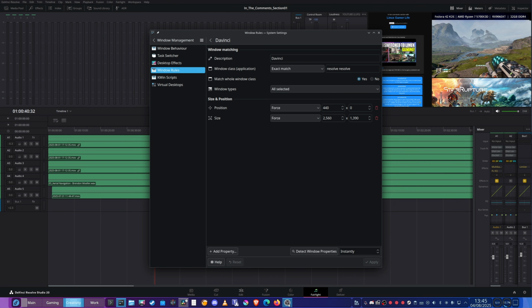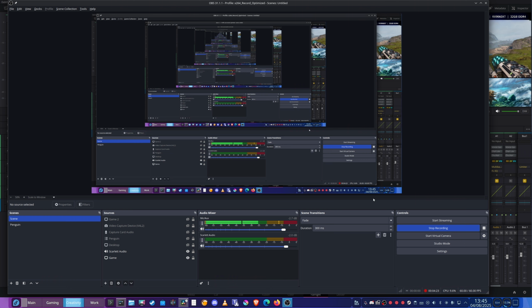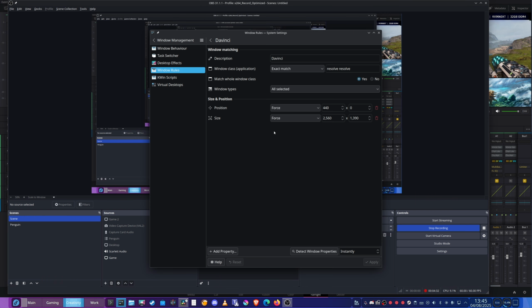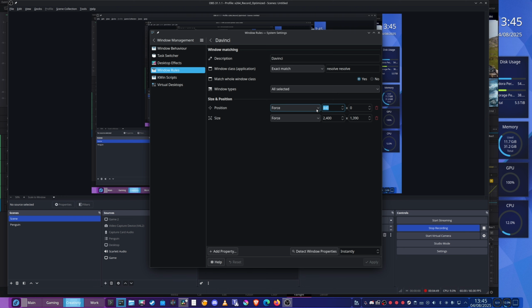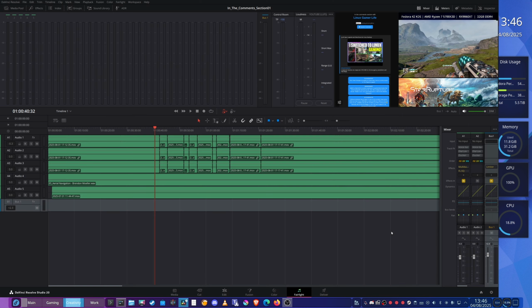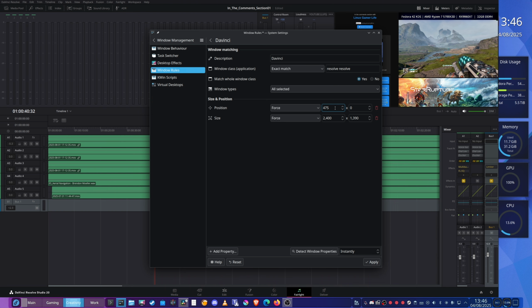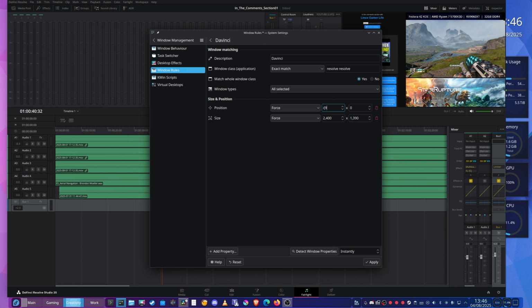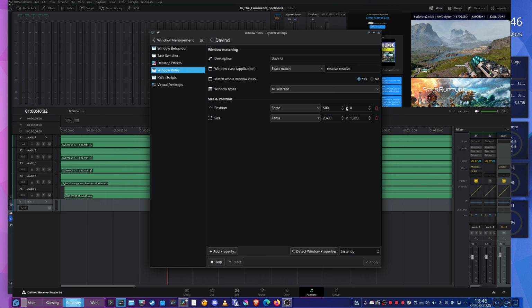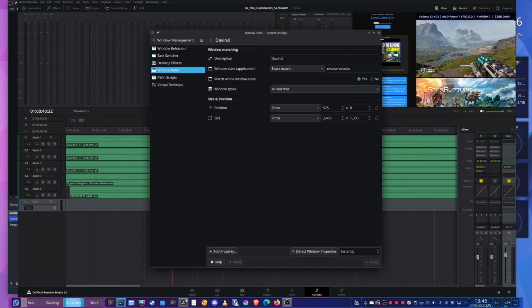So now that means if I go back onto OBS, are we still over slightly? We are still over slightly, aren't we? So we want to make it a little bit narrower. So let's go back into the settings, and let's do 2400, and then we're going to shift it over to 475. So let's just bring that up. Let's move it across a bit more. Let's do 490, 500 maybe. No, it's triggering me a little bit, so let's do 525. So there we go, and then I can just close that up,